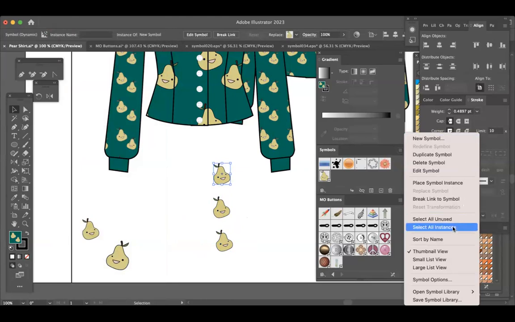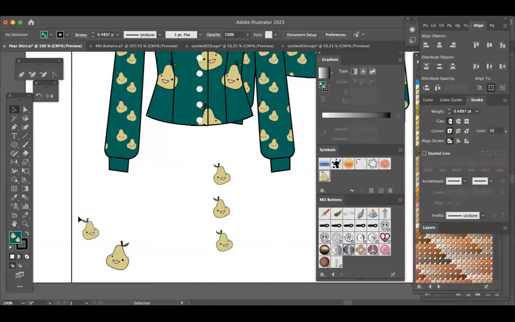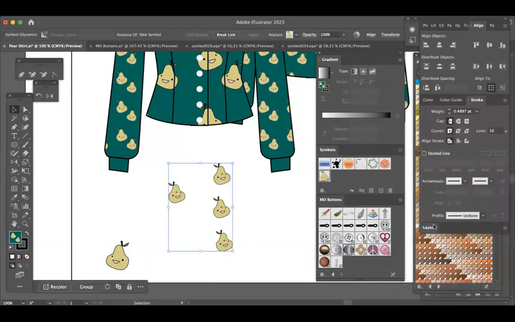Select all instances, okay? And that should give me my select all instances. I have selected all of my symbol, and then if I head up to replace on the top line here,